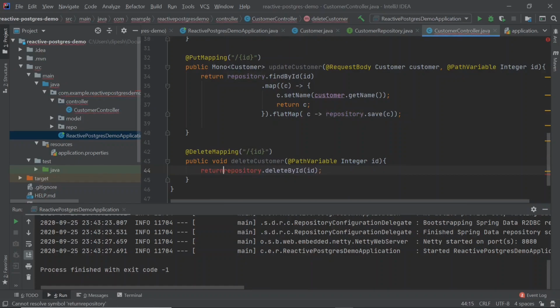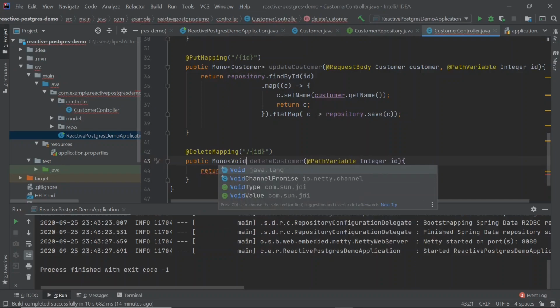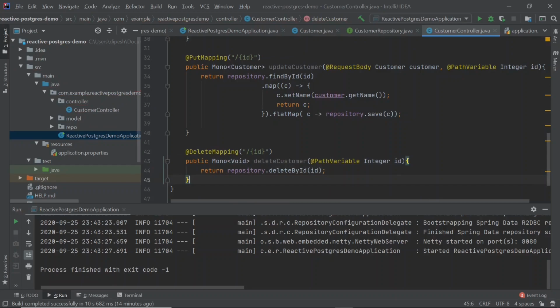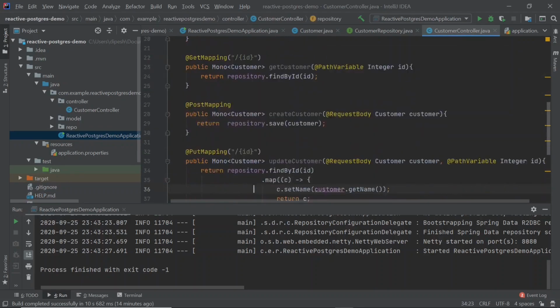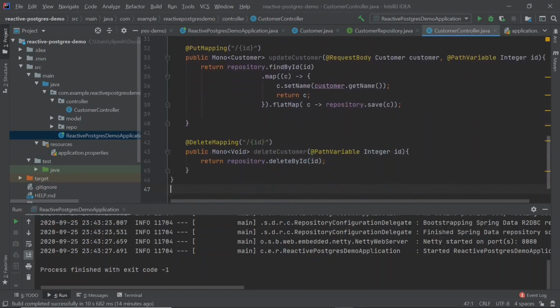You can see repository.delete returns a Mono of Void, so we can use the same here. Okay, so this way we have implemented all the get, post, put and delete endpoints.